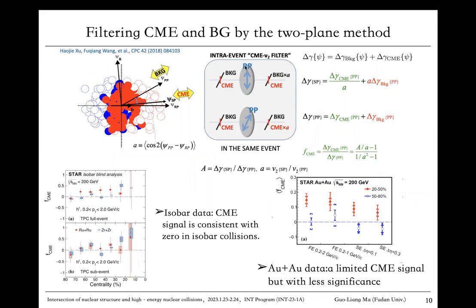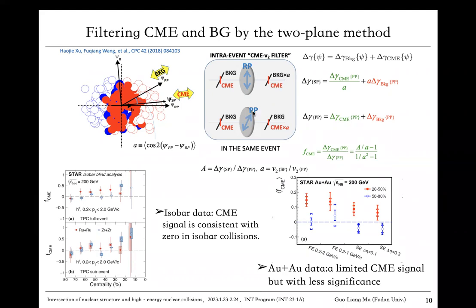For example, for the reaction plane, if we measure the observable relative to the reaction plane, we get the CME entirely, but the background is multiplied by a factor A, usually smaller than 1. It means that after the filter, the background is weakened by a factor A. On the other hand, for the participant plane,